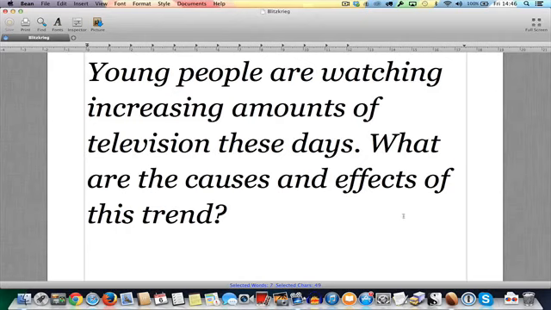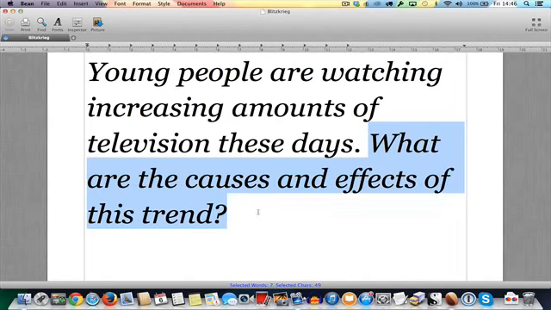So the instruction words in this version of the question require you to declare and prove, or discuss and conclude the causes of increasing television consumption among young people and the effects this increase has. So because it's either declare and prove or discuss and conclude, then either essay structure could be used. So as I explained before, in such an instance, it is 9 times out of 10 best to go with